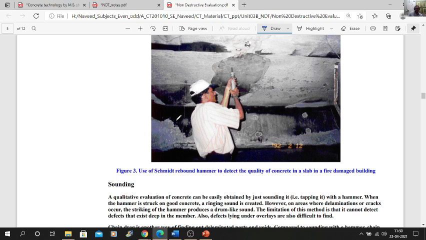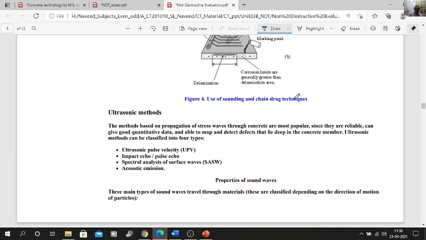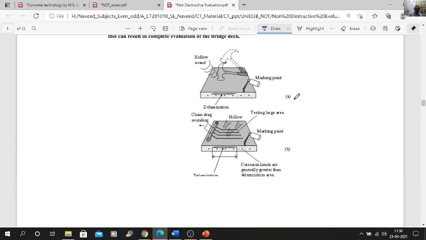See, this is vertically downward under the slab. The rebound hammer test is performed on the surface to know the surface hardness. Another method is the sonic method.